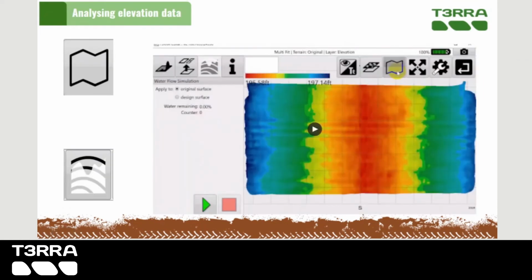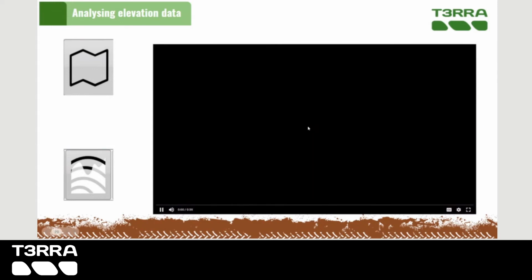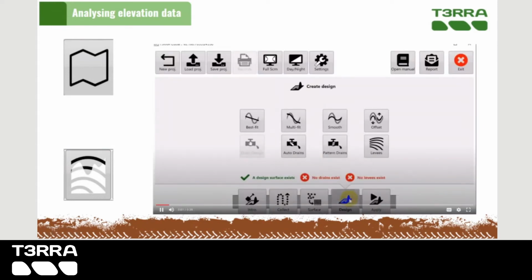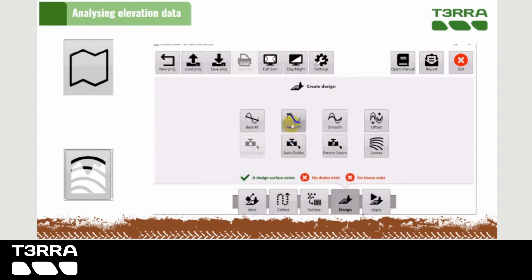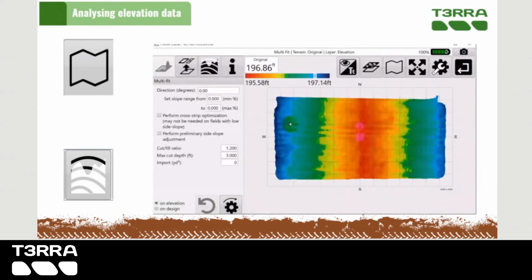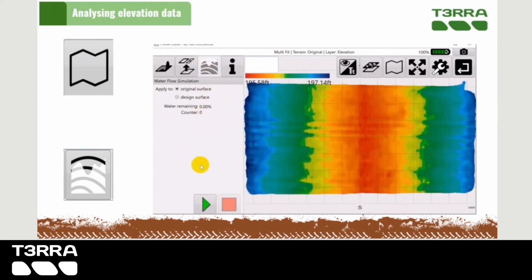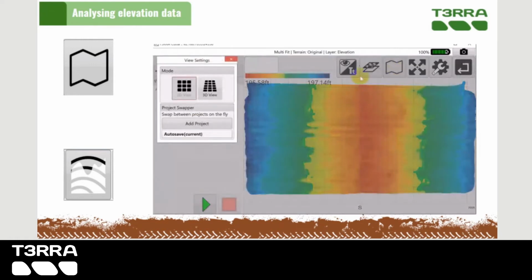When using Terra software, you are able to switch to a 3D view of the map. You can use a vertical scale magnifier to increase the exaggeration of the hills and valleys so that they can be more easily identified. Also, one of the many unique features of the Terra products suite is our inclusion of